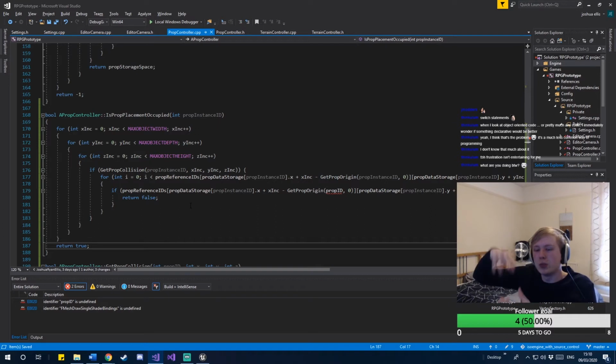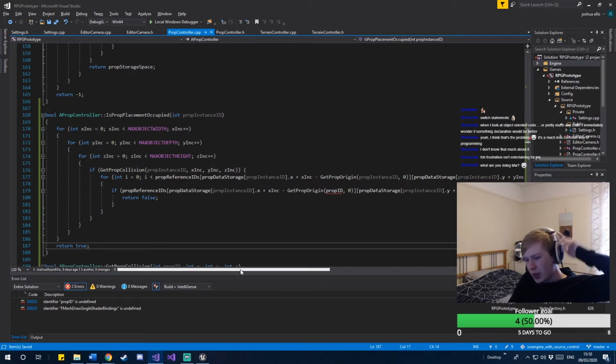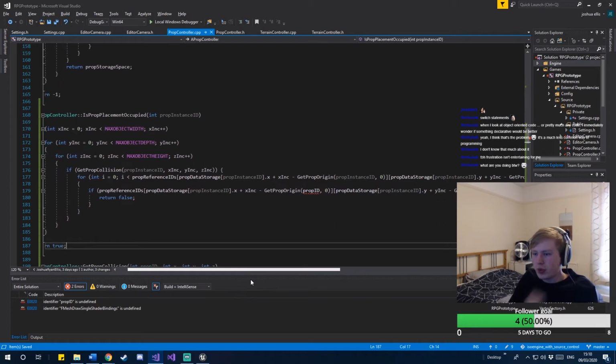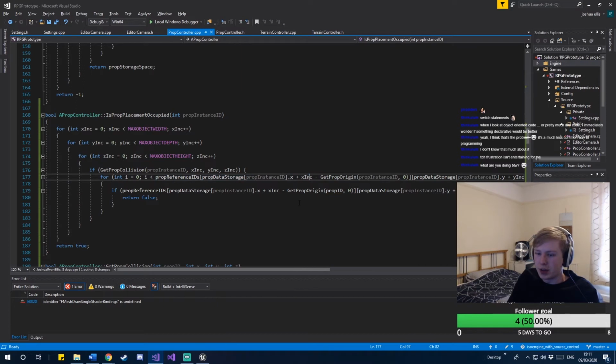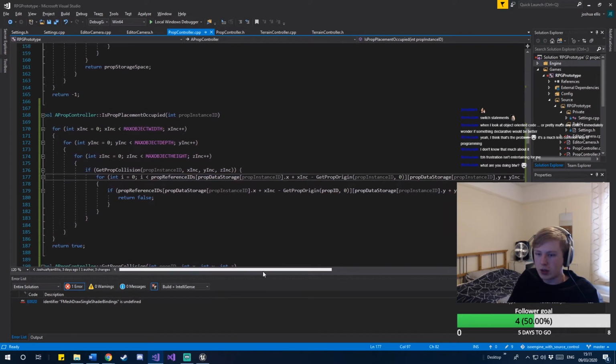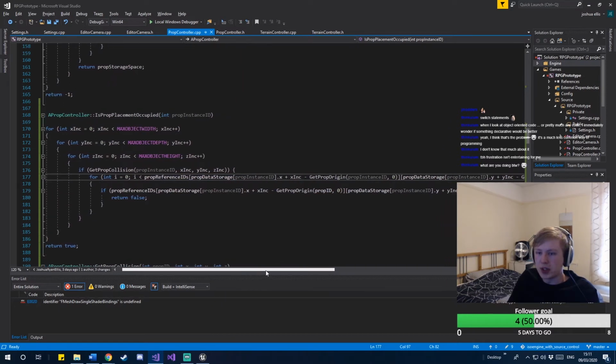But because the props that I'm spawning in have a volume, I need to check against every space in that volume and then check that against every space within the scene. So it's a bit more intensive than you might think it would be. But I think I've done it the most efficient way I can. Ignoring all of the accesses that I have to do, but in terms of implementation I think this is the most efficient way to do it. Yeah, so